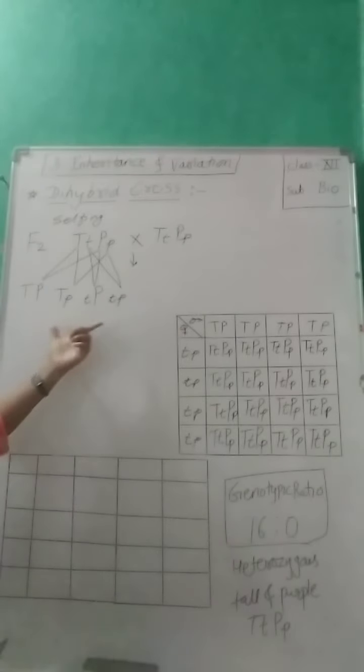Now this T will cross with this P, which means one is dominant and another is dwarf. This T will cross with this purple, so small t and dominant purple, and this T will cross with this white, so small t and small p. These are the 4 types of gametes we are getting here. We can write them in circles so we will not get confused.